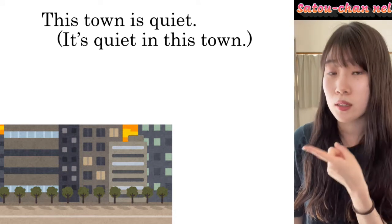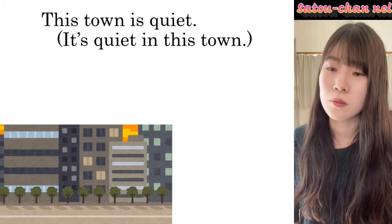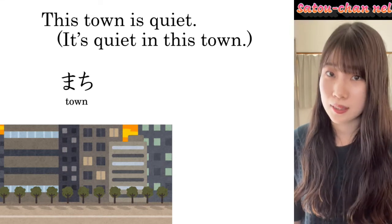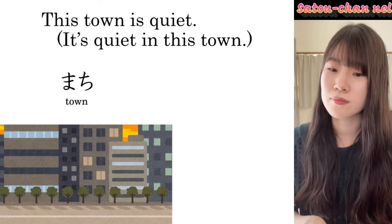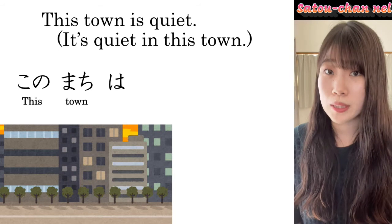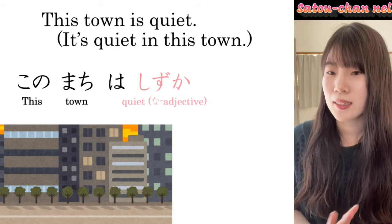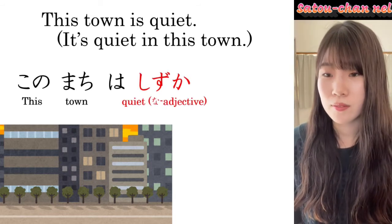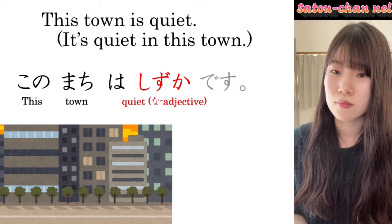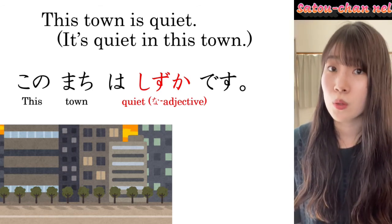Next one. This town is quiet. It's quiet in this town. Firstly, town is 町, and this town, この町. この町は quiet, it's 静か. It's a na-adjective. この町は静かです。